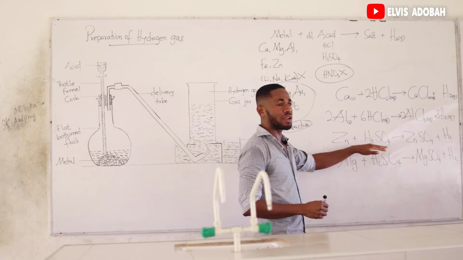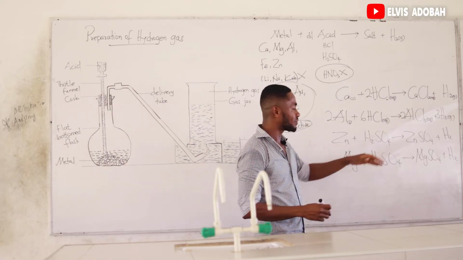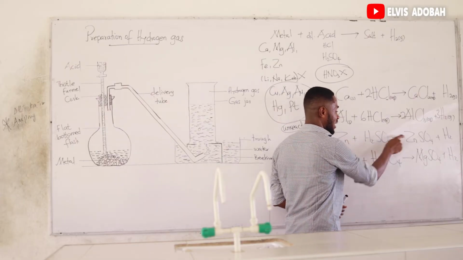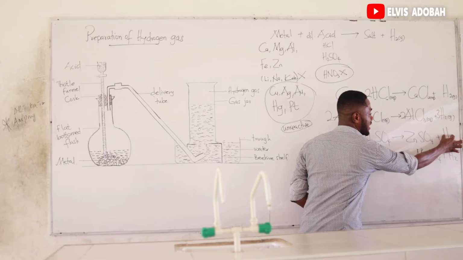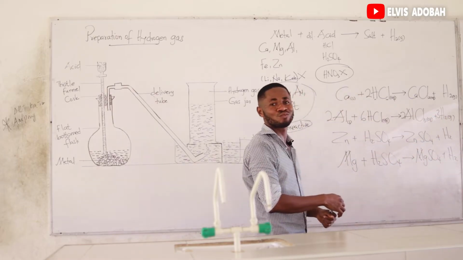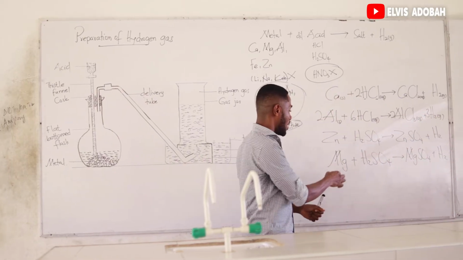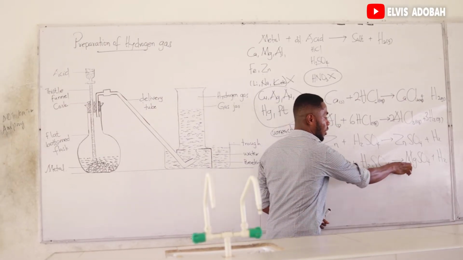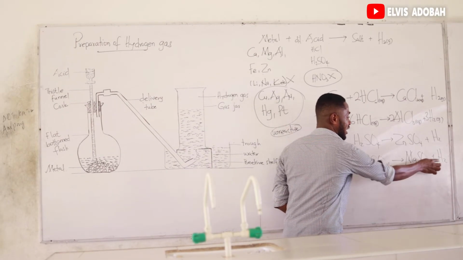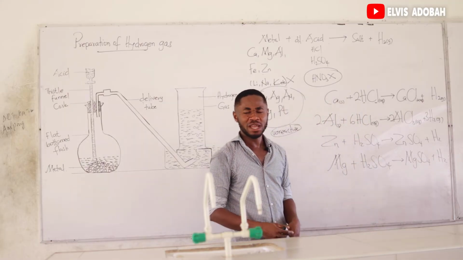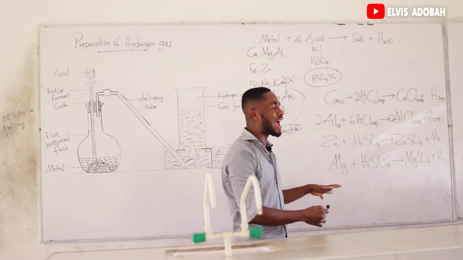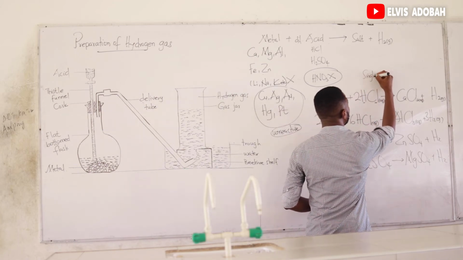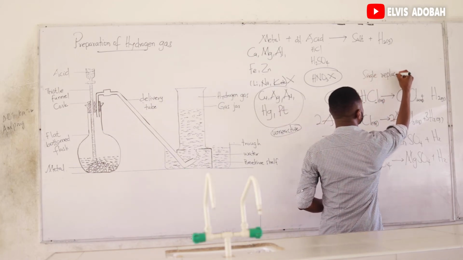Look at zinc and sulfuric acid. Zinc came to replace hydrogen. Can you see it? Then the hydrogen came to stand here alone. Magnesium came to replace this hydrogen, forming magnesium sulfate, and the hydrogen came to stand there alone. This is an example of a single replacement